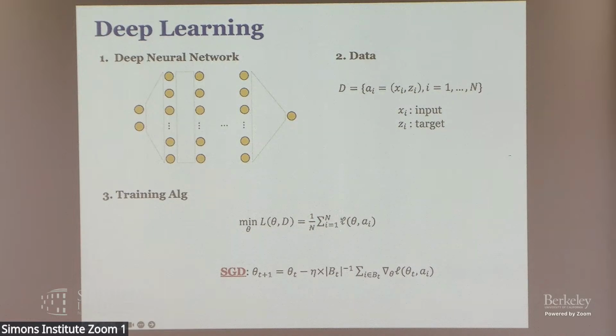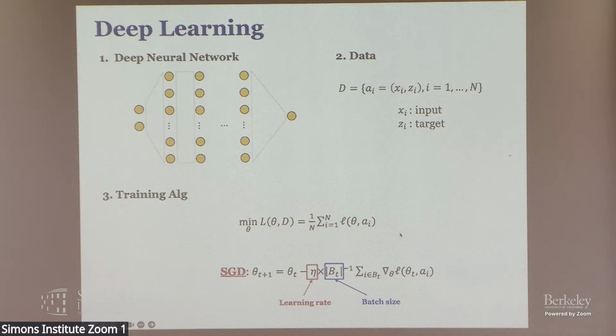So you define some loss, and then you minimize this loss with respect to the parameters of the network. The most famous way to do this is stochastic gradient descent. You just take gradient steps in the direction of steepest descent, using hyperparameters like the learning rate, or as people in optimization like to call it, step size. You can also think about batch size, which is how many examples you use at each step.